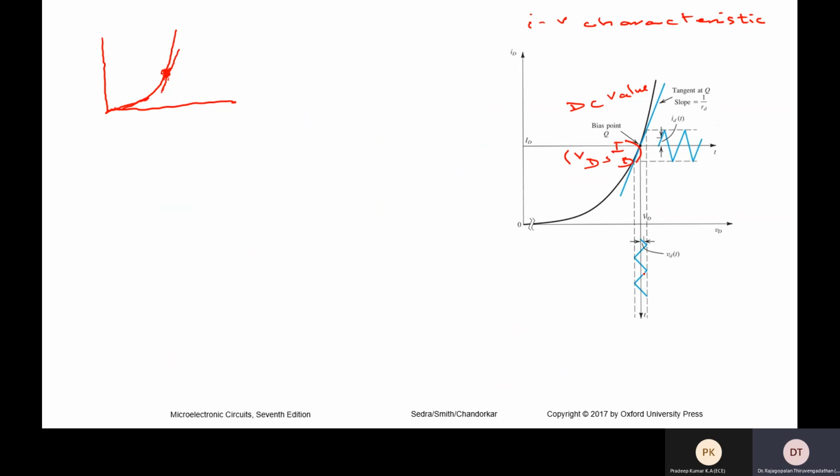Now, this small signal will be reflected by the measured small signal current over here. The waveform is exactly the same, but there is a fluctuating small signal swinging between positive and negative with respect to the DC value. Therefore, from the peak you take the vertical and meet there. From the lower peak you take the vertical. That point will be the current variation that is drawn here.